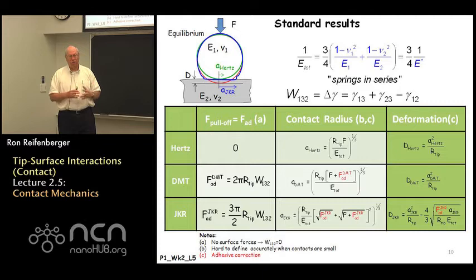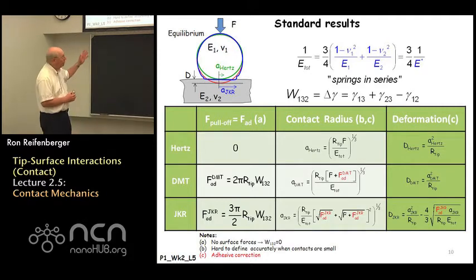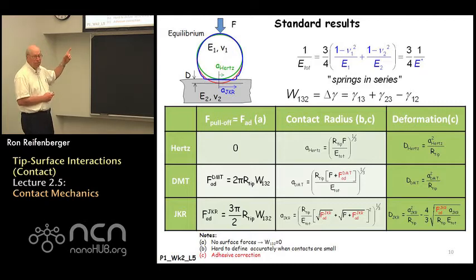The standard results are often just quoted in the literature and used. The derivations can be quite long and involved. But the point of this table is to summarize the results, right? And in particular, we're summarizing 3 things. We're summarizing the pull-off force, the contact radius that results, and the deformation D that results for each of the